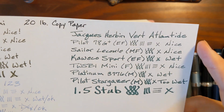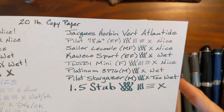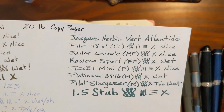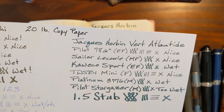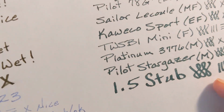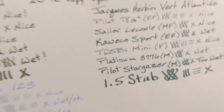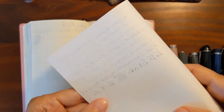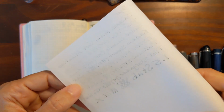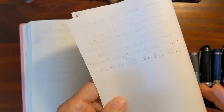The 78G was nice, and you can see it's very legible. The LeCool almost always does really well on copy paper. That LeCool, it's my favorite pen to use on this type of poor quality paper. And let's see, you can see the ink tends to spread a little bit, not bad. And the show through is not terrible. It's an average fountain pen ink. You're not going to want to write on both sides of a paper with